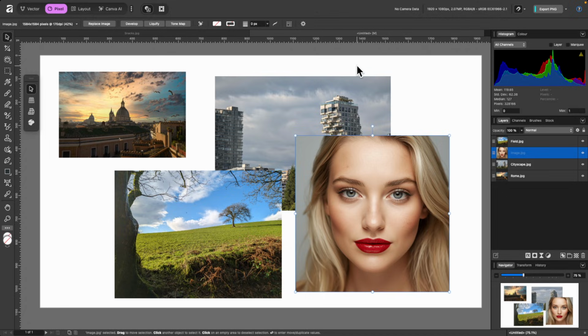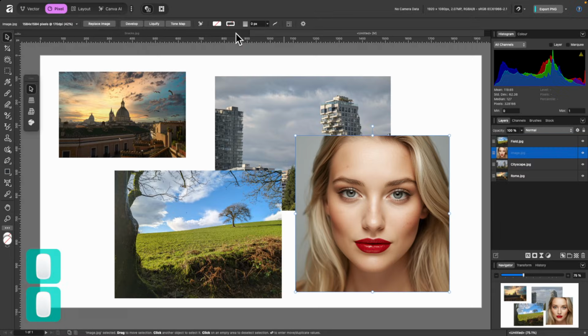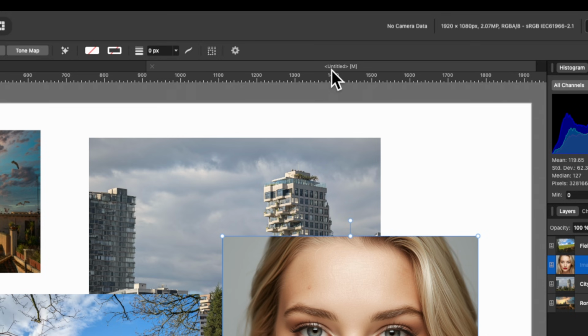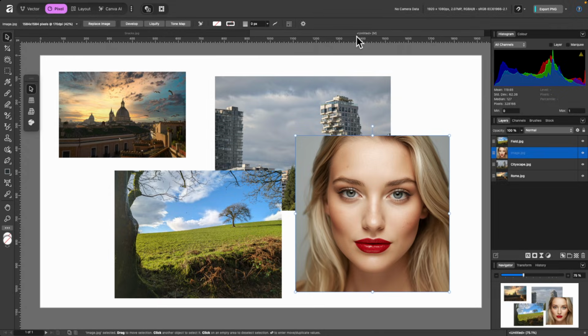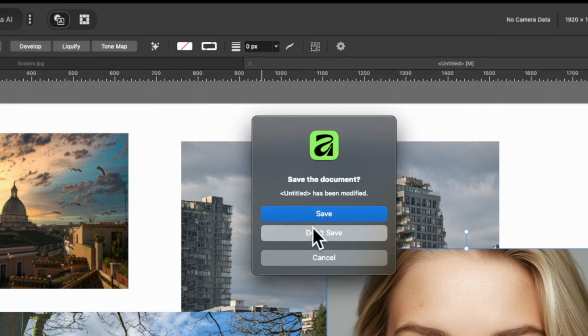So if you haven't noticed already, we have a couple of tabs up here, and I can switch between them just by selecting either. So I'm just going to delete this one for now. You see it says Untitled M. That means I haven't saved it. So remember, when you open a document, you start working on it, you've got to save it. Otherwise, perhaps your computer can crash and you'll lose everything. But for now, I will delete this document that we've created. And I'll click Don't Save.